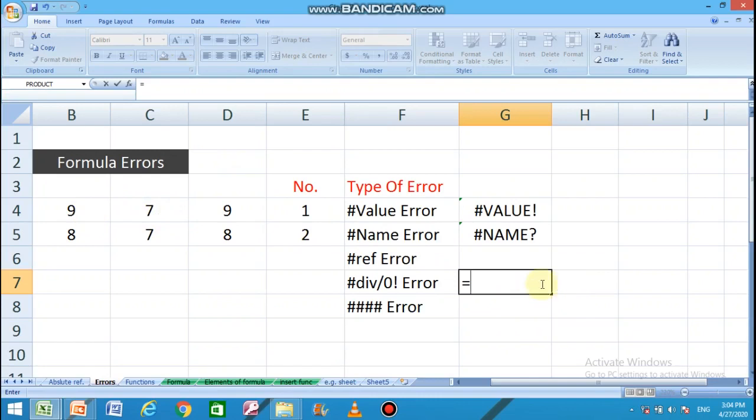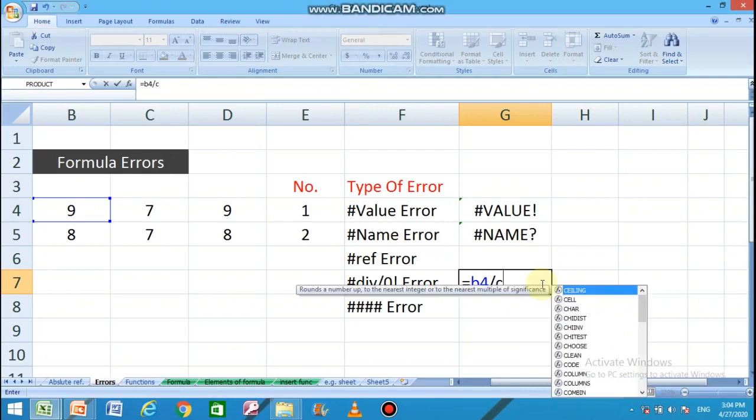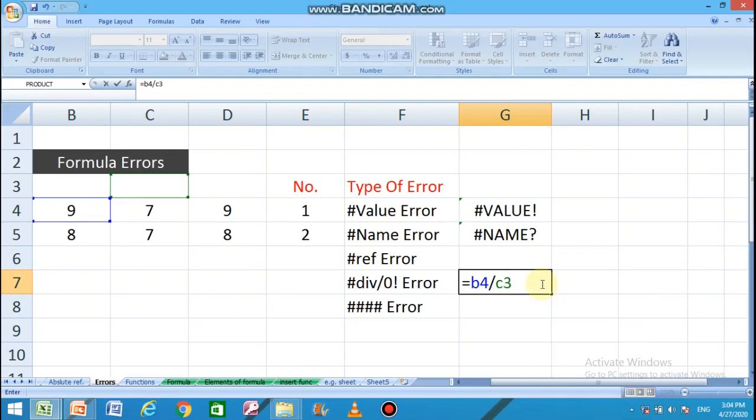So equals to B4 divided by, the formula should be C4, but by mistake I typed C3. C3, you can see there is no value. When there is no value in the cell, it is empty, it means it is 0. So 9 is going to be divided by 0.